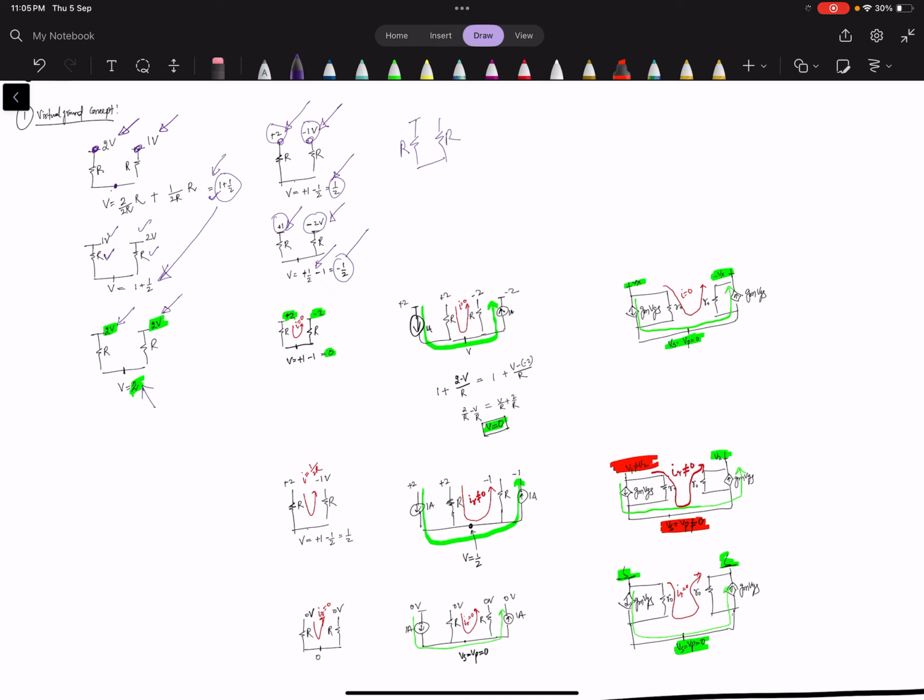So the point till now is, whenever you see any voltage across this type of structure, R, VA, VB, this voltage will be decided by the superposition theorem. Now if you see this voltage from the first figure, 2 and 1, 1 and 2, 2 and 2, and if they are opposite voltages, positive and negative, plus 2 minus 1, plus 1 minus 2, in those cases we have some voltages, plus or minus. Now if you see here closely,